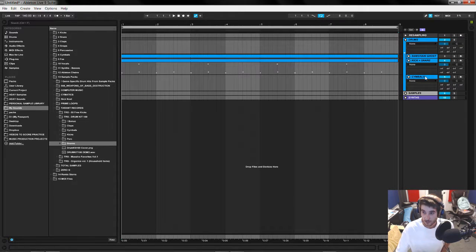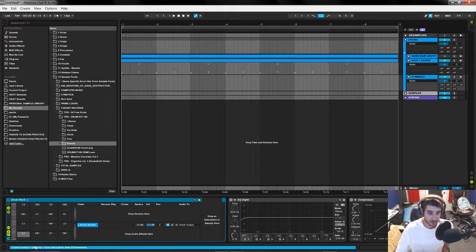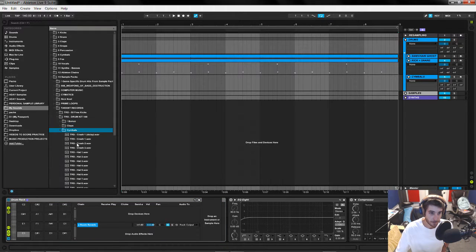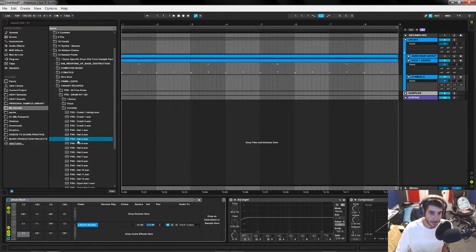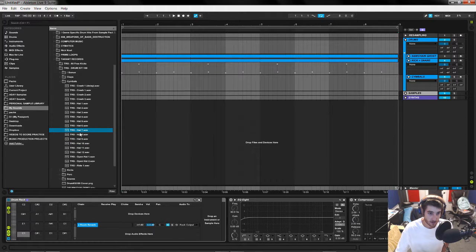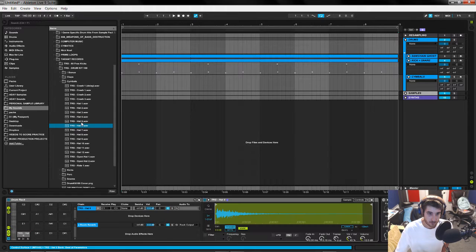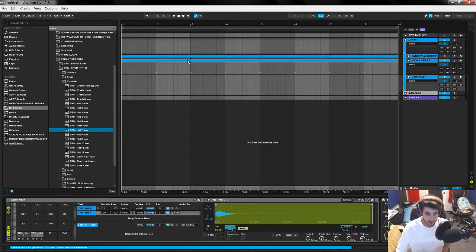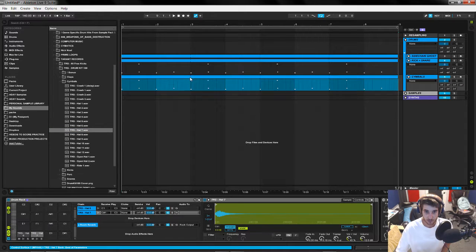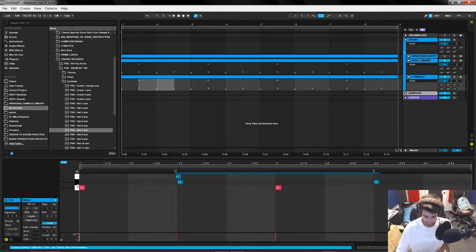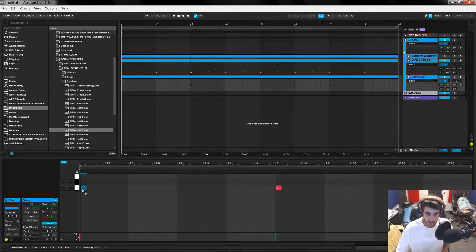Now let's get a little quick shuffle of the hi-hats. So I like something like this for like a nice shuffle when you go back and forth between two hits. So maybe something like that.